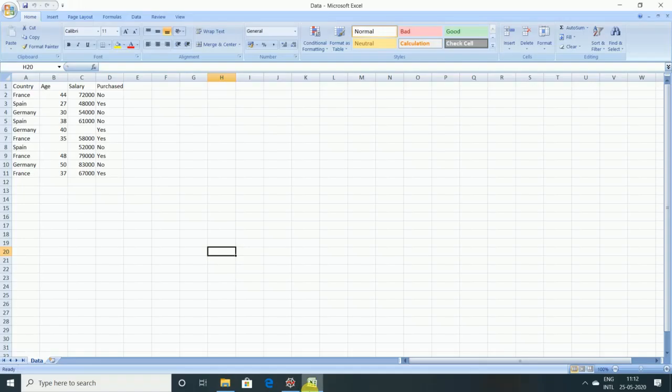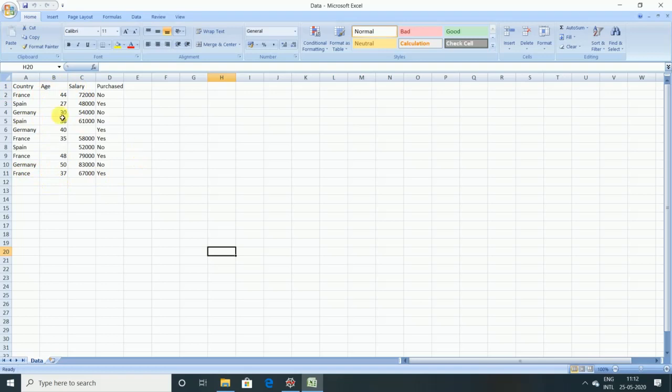So this is the data set I'm going to use. I've taken a very small data set. As you can see, there are four attributes: the country, age, salary, and purchased. There are very few instances. You can see there are only 10 instances here, starting from the second row to the 11th row. So there are 10 instances and four attributes here.